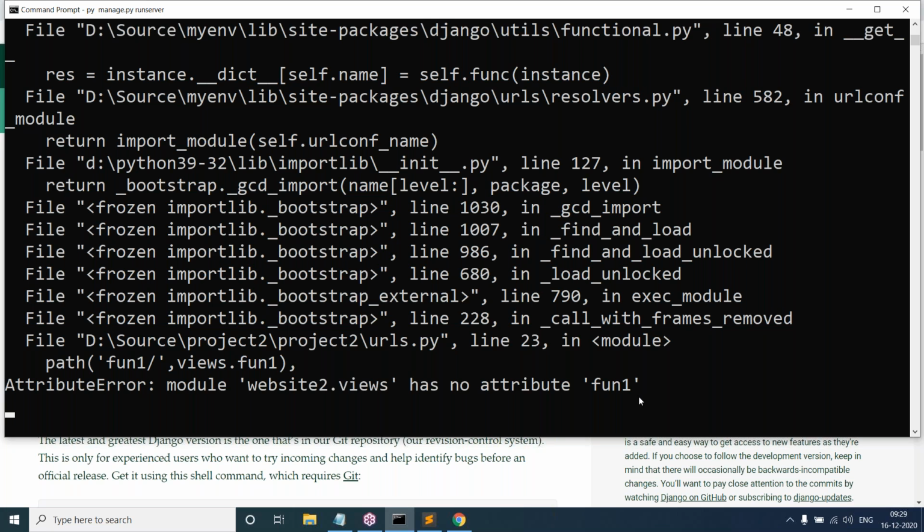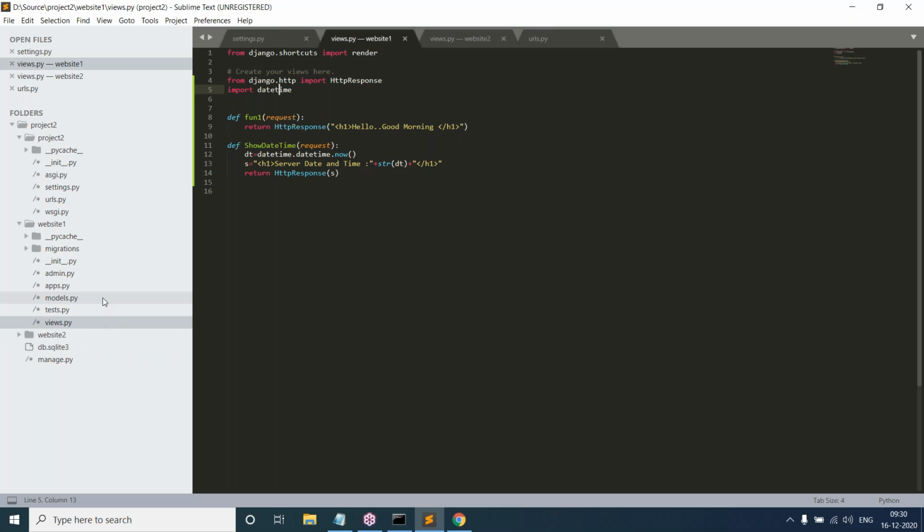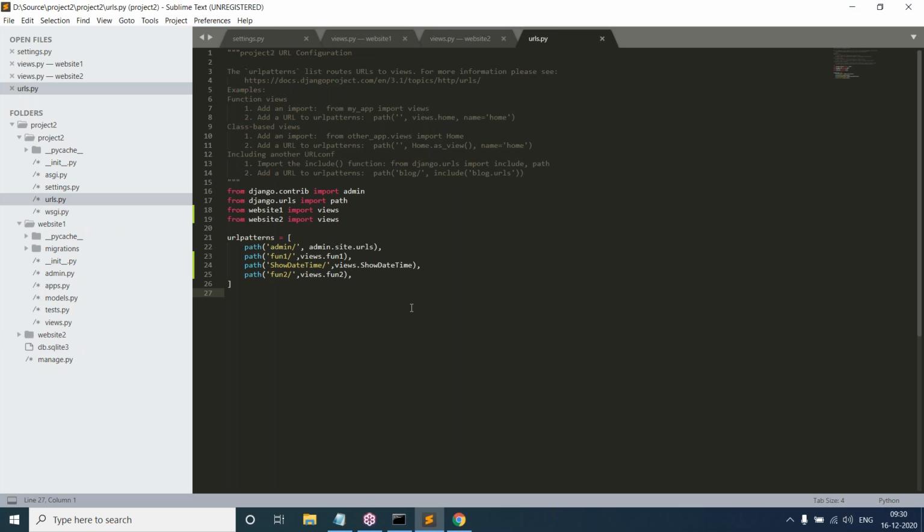Why? Because views.py in website 2 is overriding views.py in website 1. Here the module names are the same, views.py, views.py. What happened here? So views.py in website 2 is overriding views.py in website 1. Here we can see overriding. Okay, so in this example, we should have both. Views.py from website 1 we should use, and views.py in website 2 also we should use. So to overcome this issue, in Python we have renaming and other concepts that we can use here. So in urls.py,